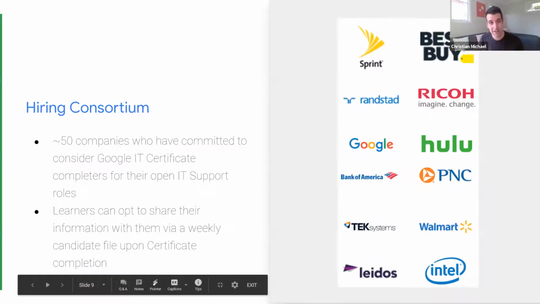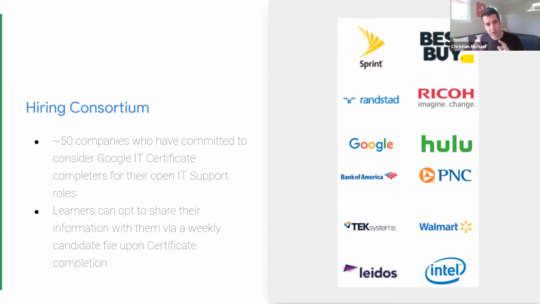What is critically important is job placement. My team at Google is laser focused on making sure that we're connecting completers of our certificate programs with job placement. We have a consortium of over 50 hiring companies and counting, dedicated to considering learners who have completed our certificate programs. We're also working with local community colleges, workforce development boards, chambers of commerce, IT sector strategies, nonprofit organizations, to extend this model to local and regional employers so that when employers join a free hiring consortium, they get access to talent that has been produced by way of these certificate programs.